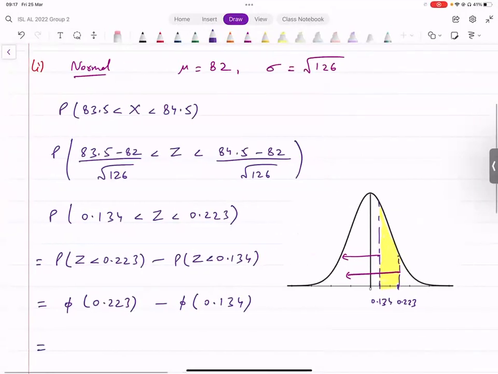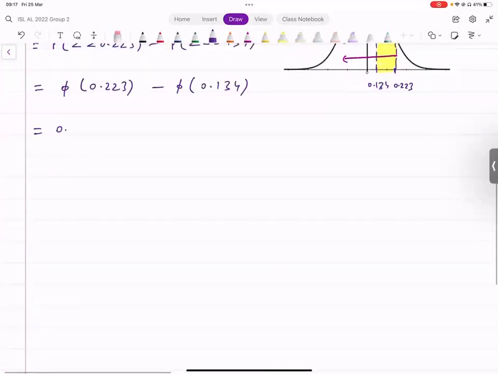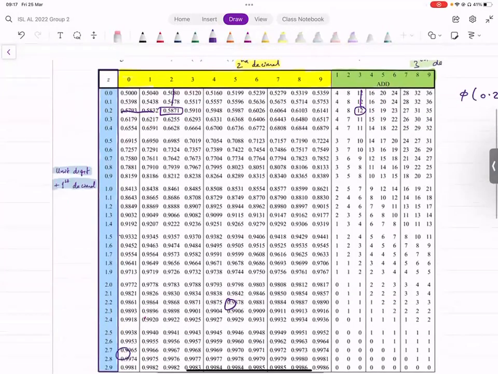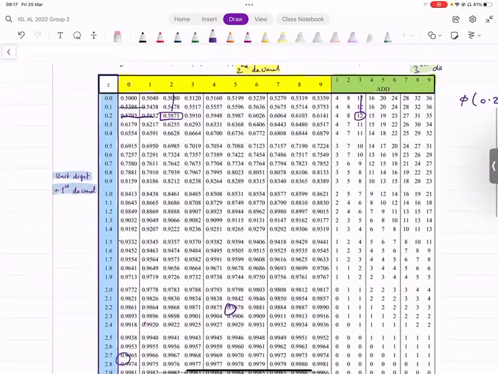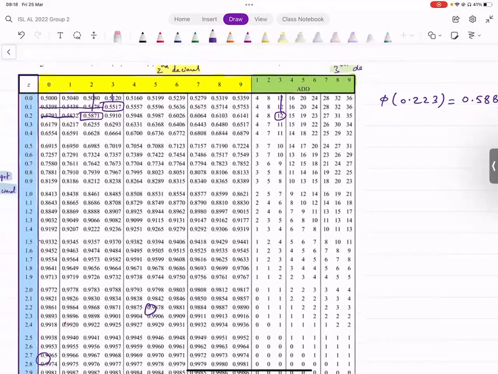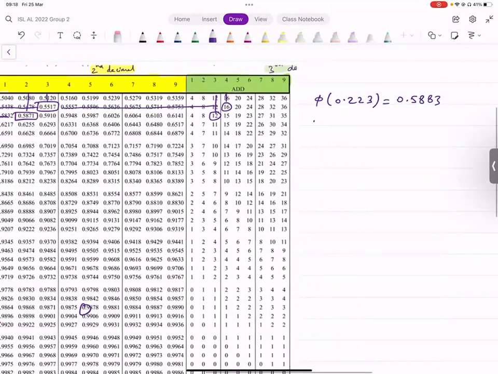That's one number. And then 0.134, 0.13, और फिर थर्ड डेसिमल इज 4, 16 इसमें ऐड करना है. सो 0.5517,